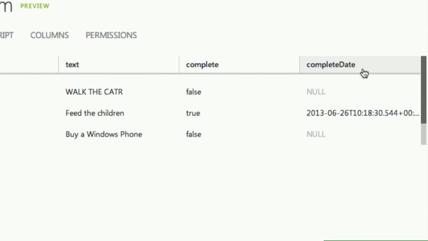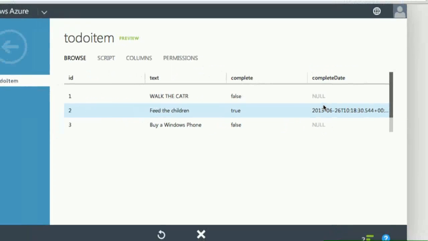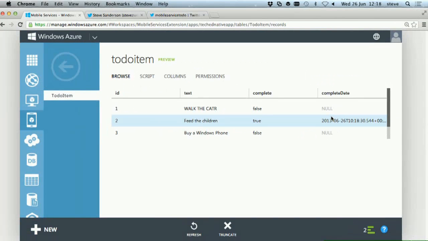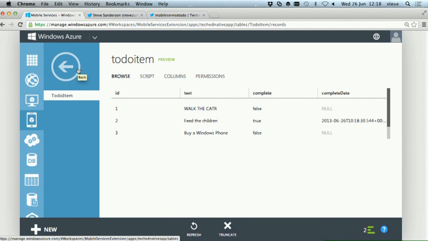And this is a feature called dynamic schema. The idea with that is you can accelerate your development process by not having to define all of the schema up front. We will automatically update the schema to match whatever type of data you want to store. It just is convenient for you. You can still manage the schema manually if you want to, because it's a real SQL Server database behind there. And you can connect Management Studio to it and add your own columns and all that stuff if you want to, but you just don't have to.